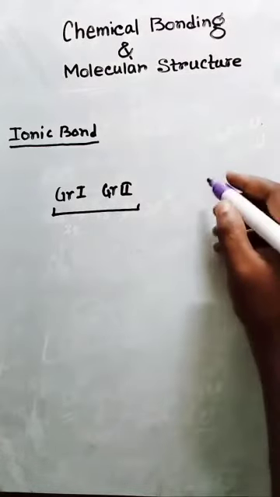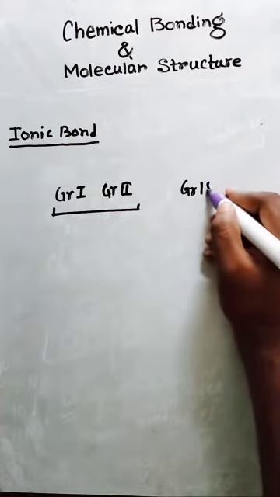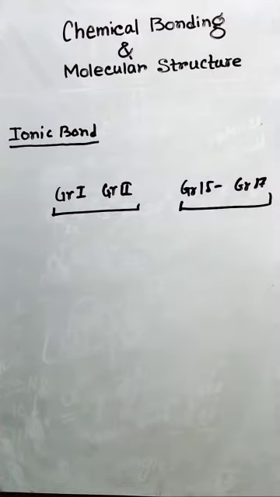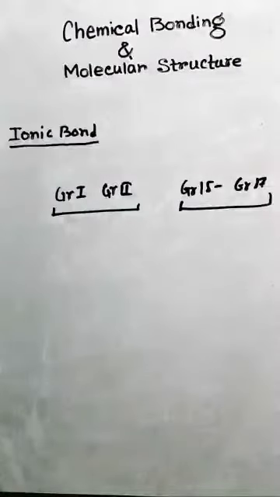Similarly, from group 15 to group 17, these elements require electrons to acquire stable electronic configuration. So these group 1 and group 2 metals generally react with these group 15 to group 17 non-metals and form